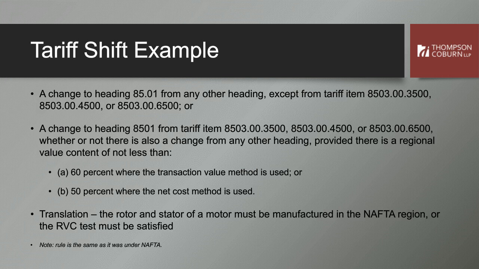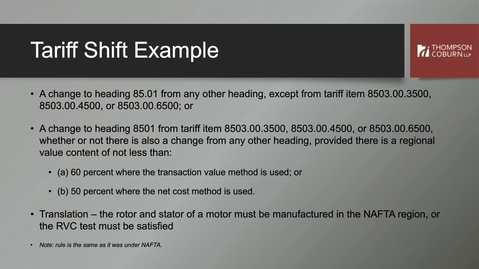But the basic answer to the question is, if the item doesn't qualify under the rule of origin, either tariff shift or substantial transformation when we get to it, then the origin of the finished item is the origin of that component that imparts the essential character. Or in some cases, if it's all the components, as we'll talk about in a case later on, it's where those components came from. I hope that answers your question. But